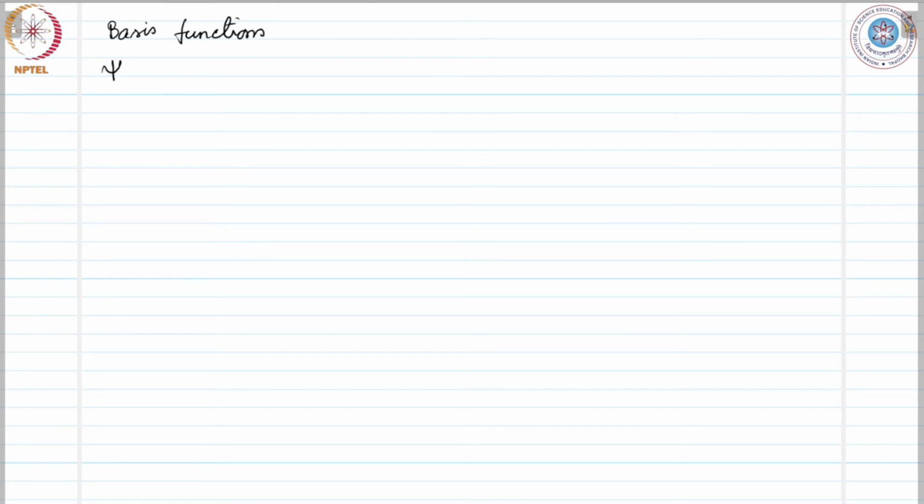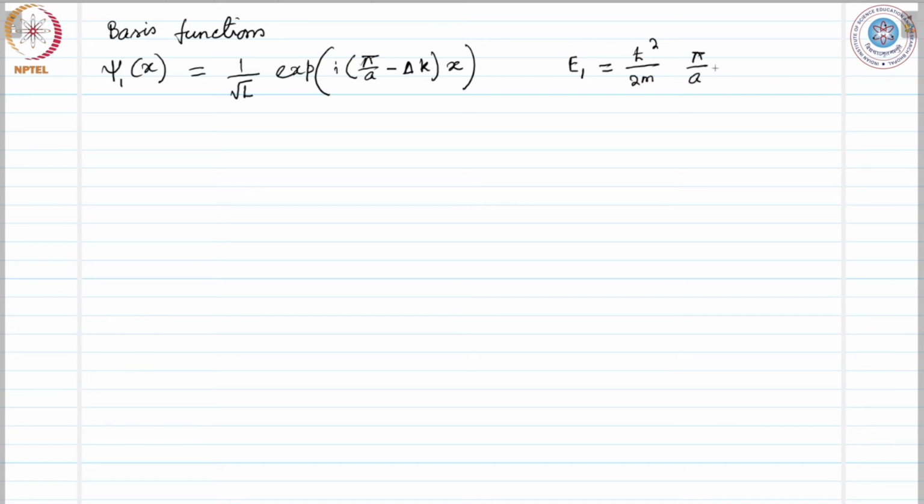We will have psi 1 of x equals 1 over square root of L, exponential of i times (pi over a minus delta k) times x, and the corresponding energy of this plane wave equals h cross squared over twice m, times (pi over a minus delta k)